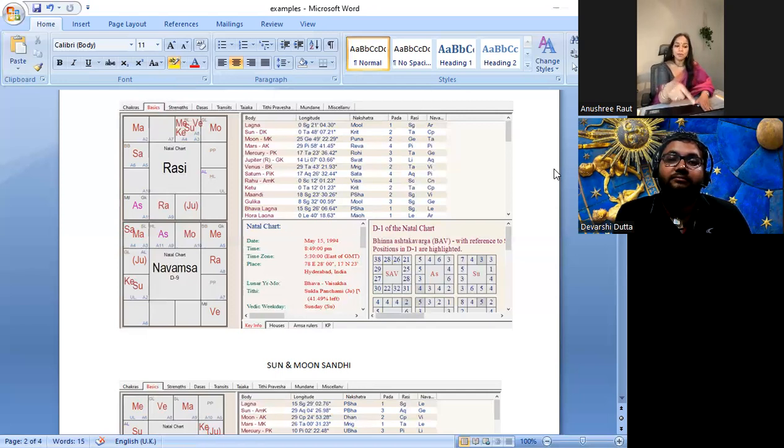So what happened was this person could not have siblings. All the siblings that were born were aborted. Mars is the karaka for brother, right? So this person's siblings, all of them were aborted. He's the only child. So you can see the impact now of abortions. That is also Pitru dosha. So this is how you see this thing. Over here, even the Lagna is Pada 1 Aries. So Lagna is also in D9, like an Amsha Sandhi.